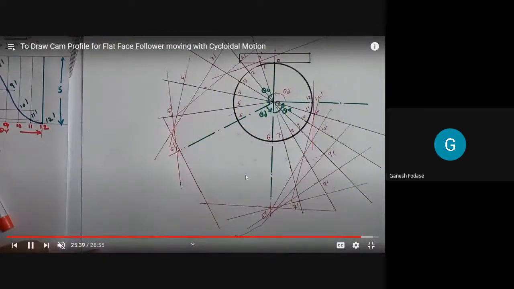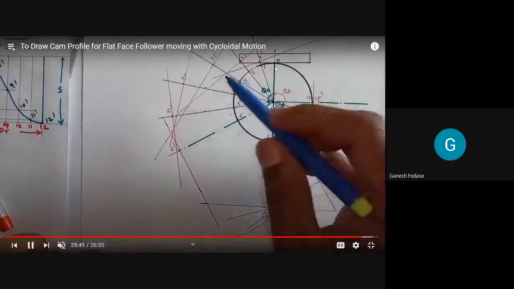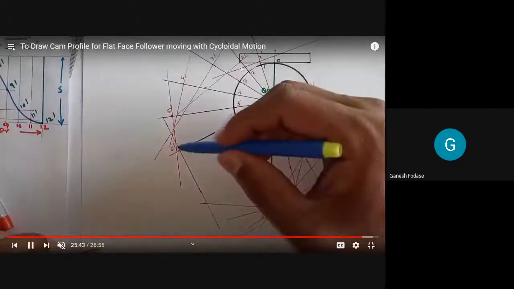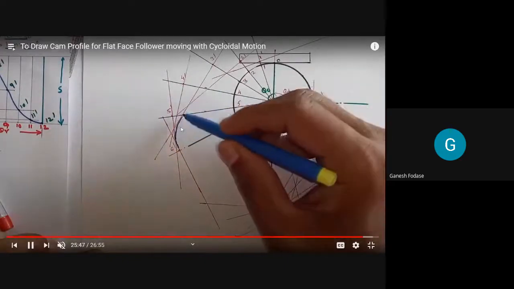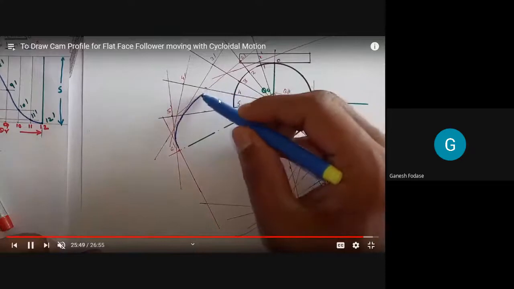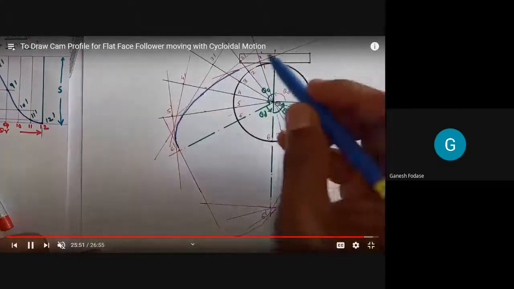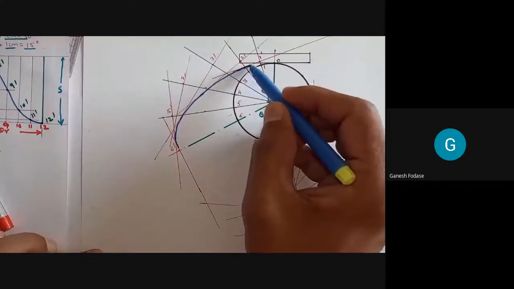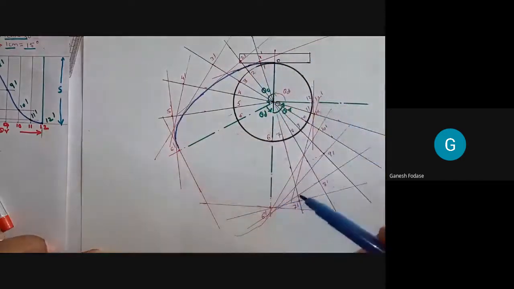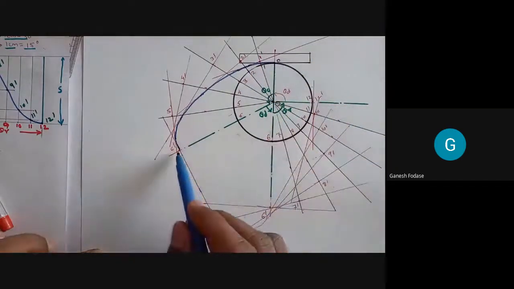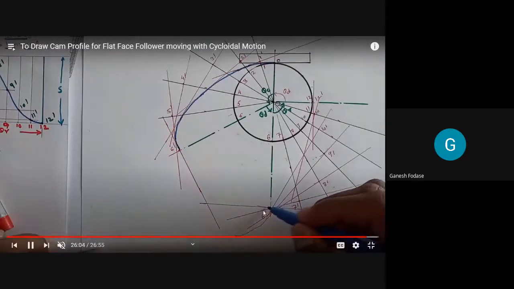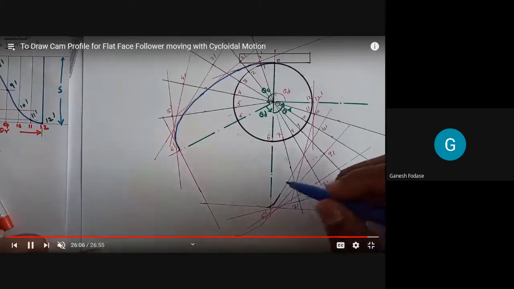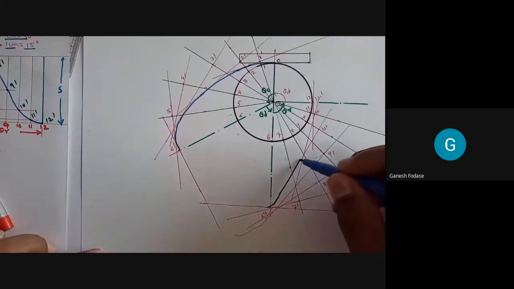And after this, we need to draw a smooth curve passing through the base of these tangents, or tangent to these perpendiculars. You can see we are drawing a curve passing through the base of these, or tangent to these perpendiculars. So this one is tangent to these perpendiculars up to the end point. Draw a smooth curve like this. Here it is an arc actually. You can draw an arc directly for joining this 6 dash to 6 dash. Further, we can draw again tangent to this profile.